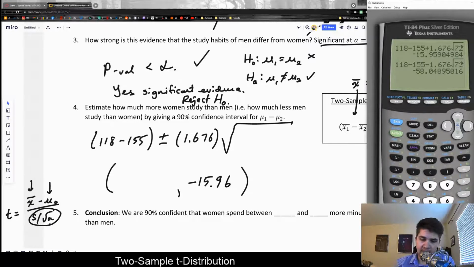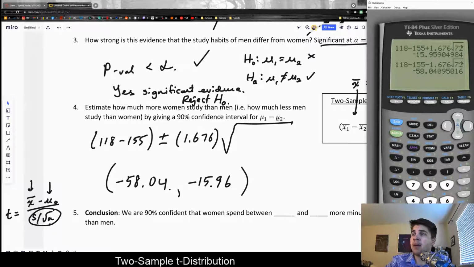And this would give us negative 58.04. And again, negative numbers should make sense because men studied less than women and men came first. So again, this is a measure of how much less men study than women, and we have a 90% confidence